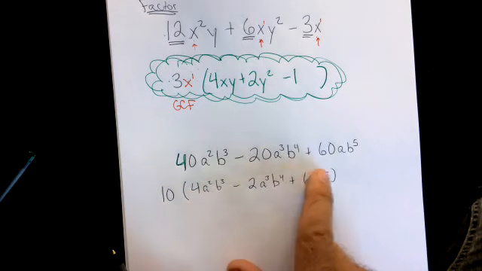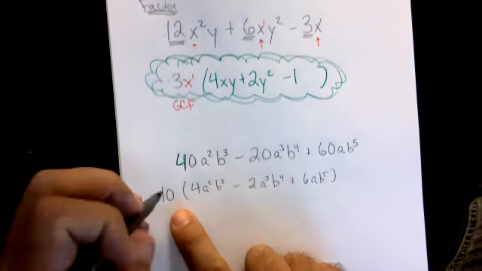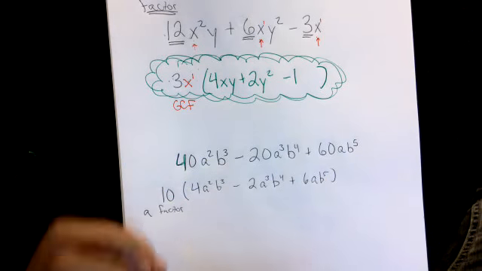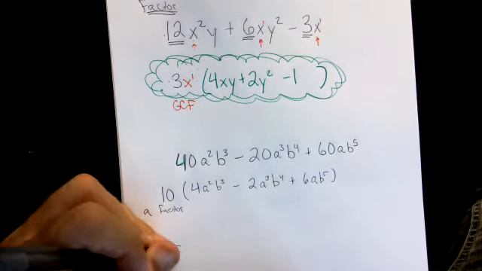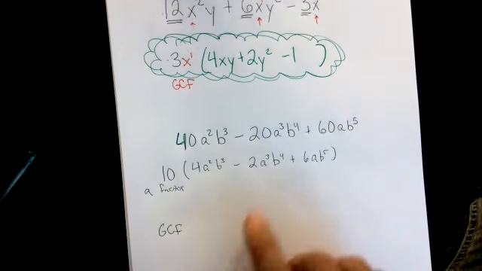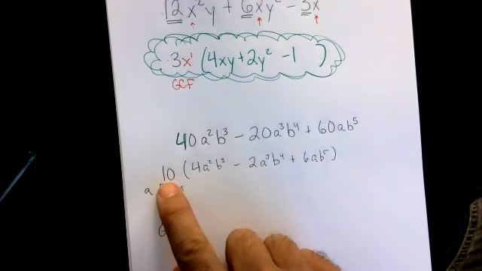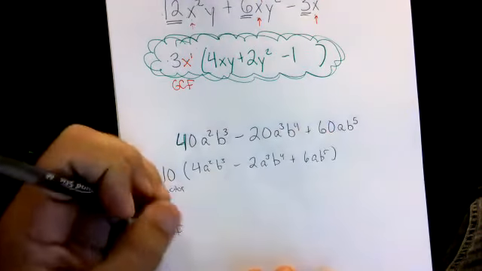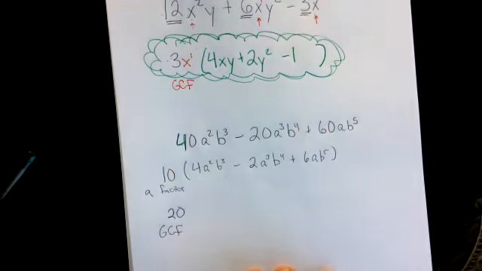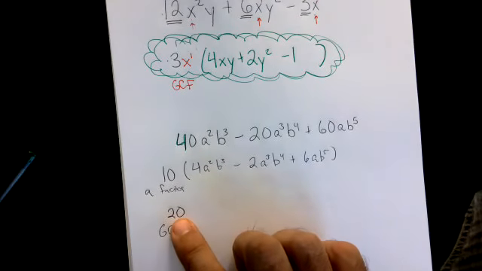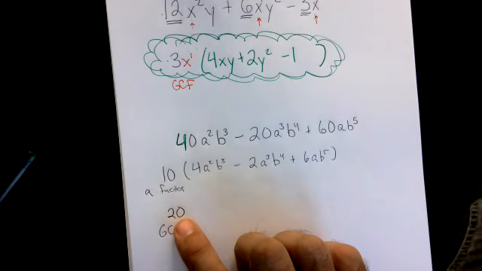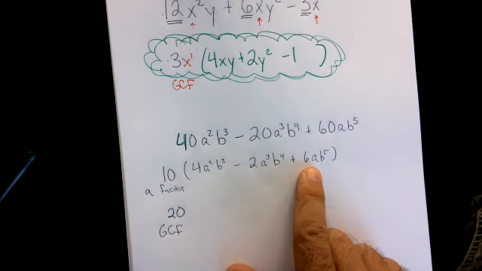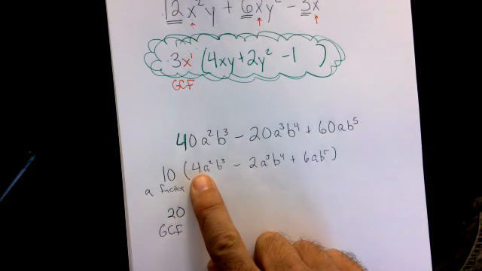So I didn't completely factor this. I didn't find the greatest common factor. I found a factor. But we're looking for the greatest common factor. If I could still factor a 2 out, well, 10 times 2 is 20. That means 40 and 20 and 60 are all divisible by 20. So that's the biggest number that comes out. If you pull a factor out and look at the numbers you have left, and you think, wait a minute, I can still divide something out of those,